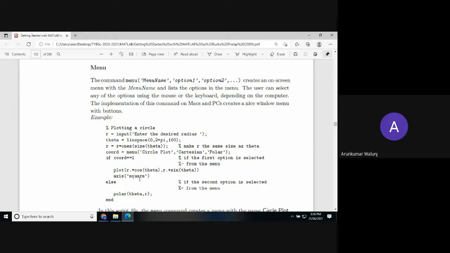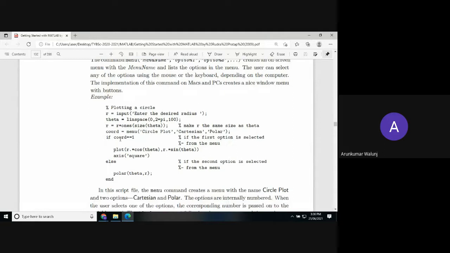And then axis square, since we have seen in the case of the example when we plotted a circle, the axis has to be equal, otherwise it is not going to show a circle, it's going to be a bended ellipse. So instead of drawing that ellipse, if you make the axis square, meaning x is equal to y, major axis is equal to minor axis, then the first coordinate will take place and the circle in Cartesian coordinates will be placed.